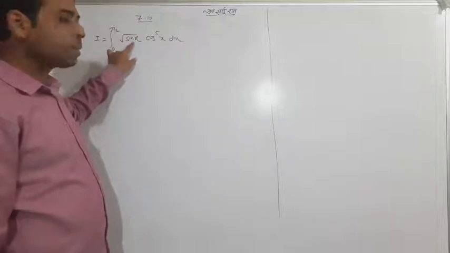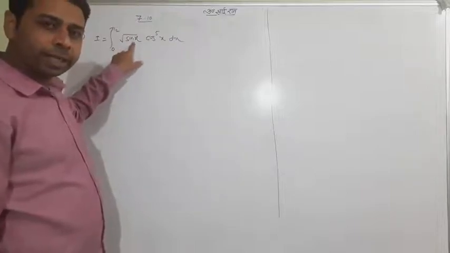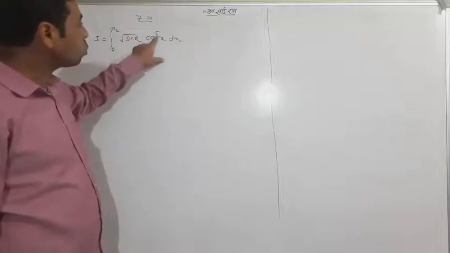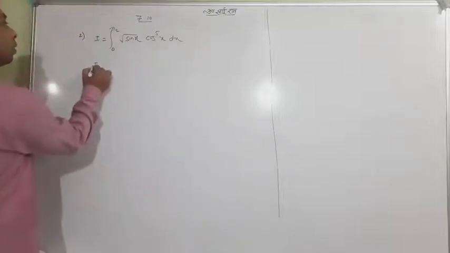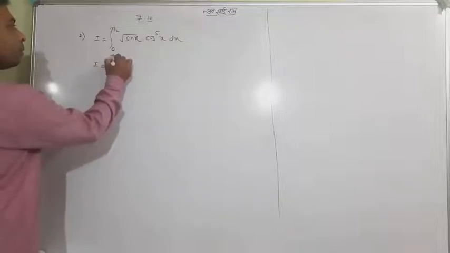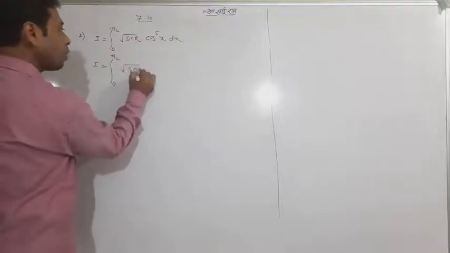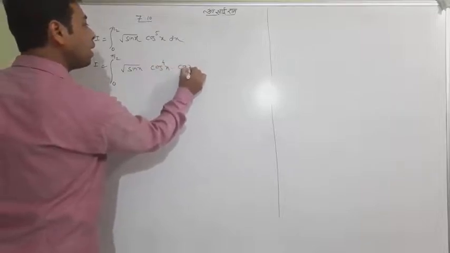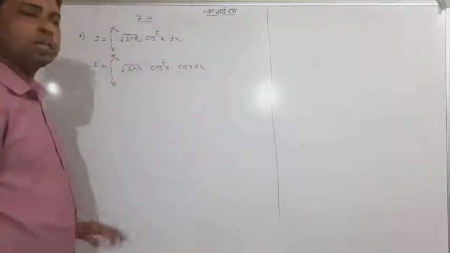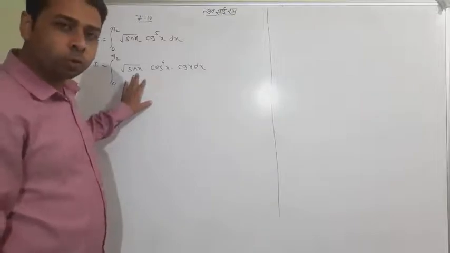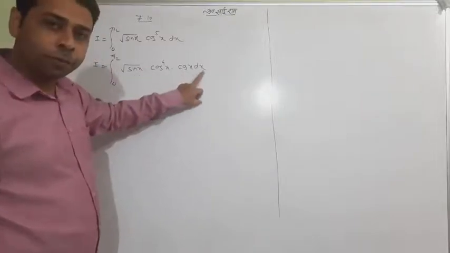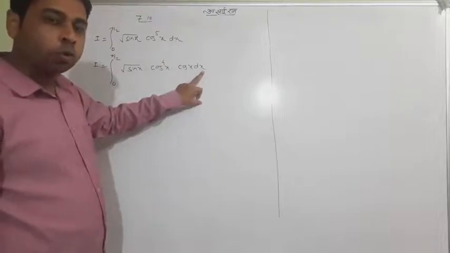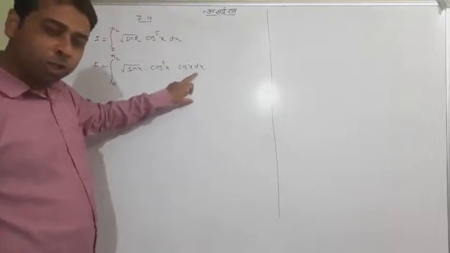Under the root sign we have sin x. So if we take sin x equal to t, the differentiation of sin x will be cos x only. But it is cos to the power 5, so you don't worry. You first write sin x as it is, and cos to the power 5 x as cos to the power 4 x into cos x. Why have I written it like that? Because after assuming sin x equal to t, cos x dx will be its differentiation, which should be available, so I made cos x with the power 1 specially and separately.